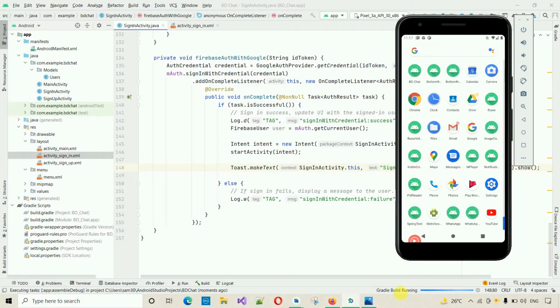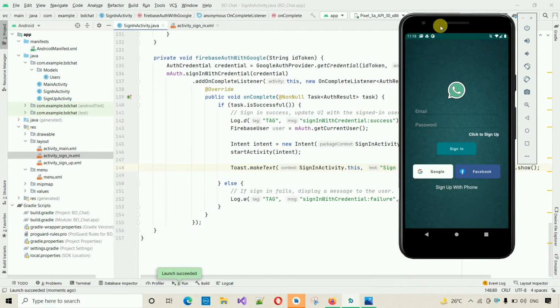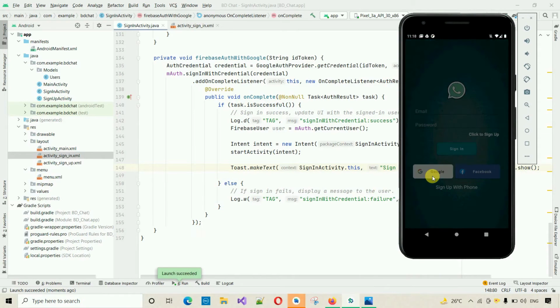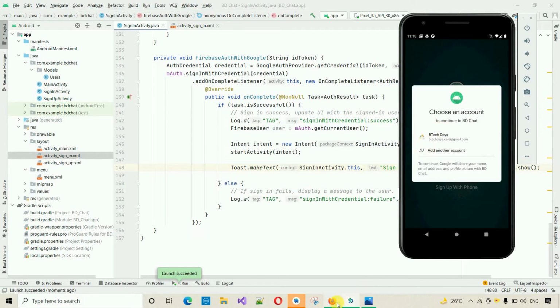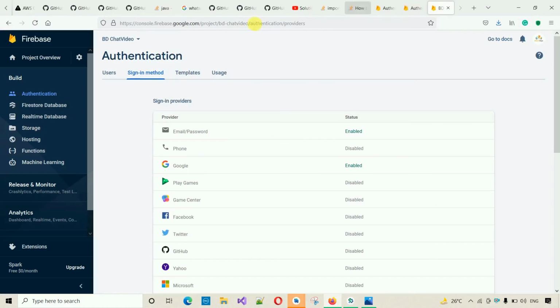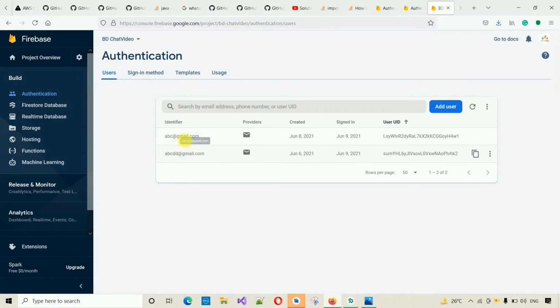and it's running a little bit and being installed, and the activity is being launched. If I click on this, and here we go, now this one is showing. If I move back to our database, that is Firebase database, and move back into the authentication and users, here you can see we have only two